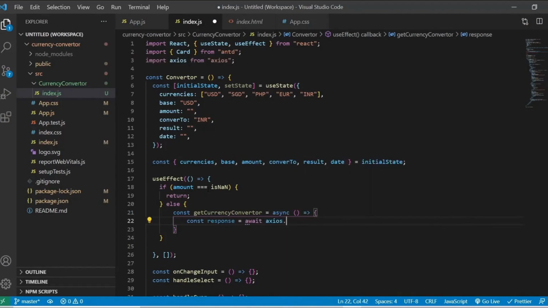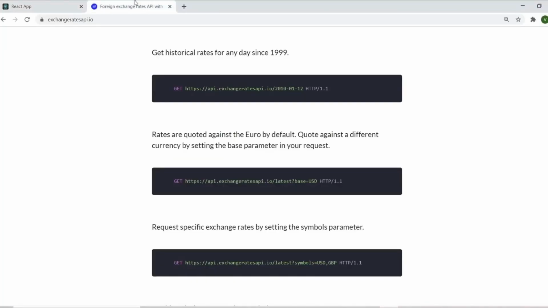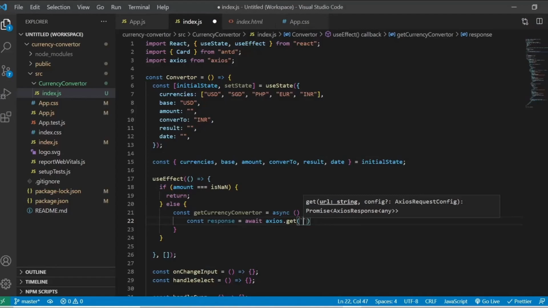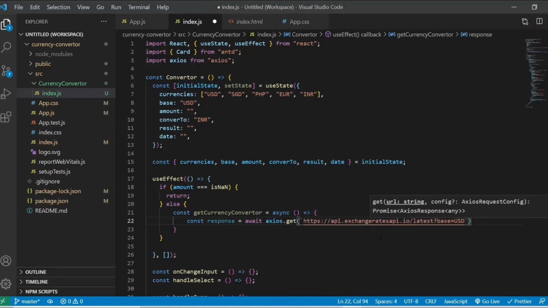So const response equals await axios, and I'm going to use the get method here, and we need to use that API. So I'm going into their official website, and I'm copying this API, and I'm going to use it here, and I have used it inside a template literal, because the base will be dynamic here.